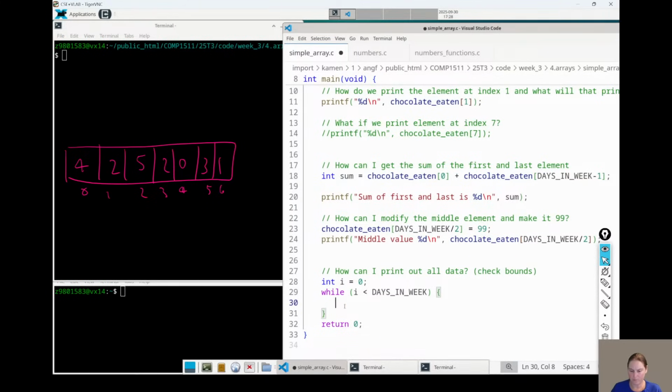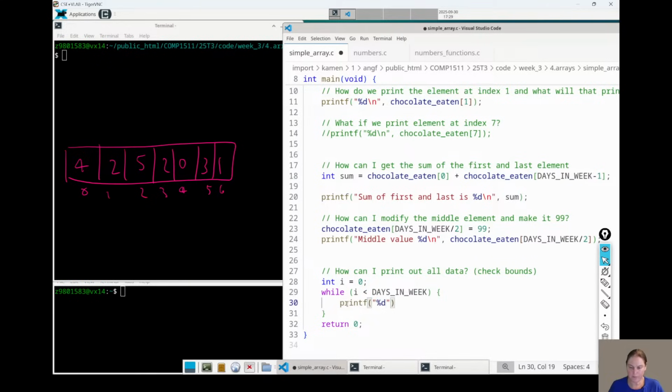Now, what's going to happen if I do something like this, less than or equal to days in week? Yeah, you'd get an out of bounds error. So you might accidentally do that. All right, but other than that, we would do a printf.